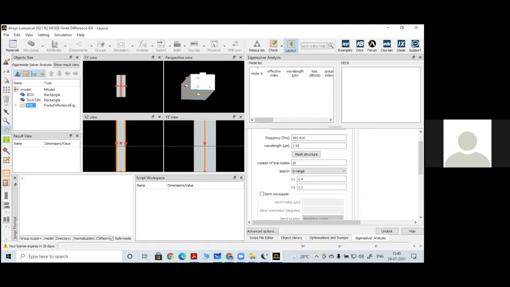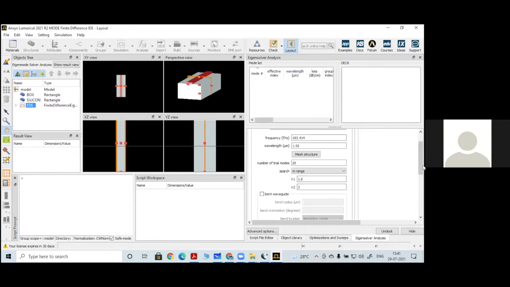So in the given structure, the least refractive index is that of the substrate, silicon dioxide, and your silicon is a guiding layer. It will have a refractive index around 3.6. So now I have to search for the modes that are above the minimum refractive index 1.5. I will take 1.6, and the maximum, let us say you will get less than 3. Let us say I want to search the modes in between 1.6 to 3.